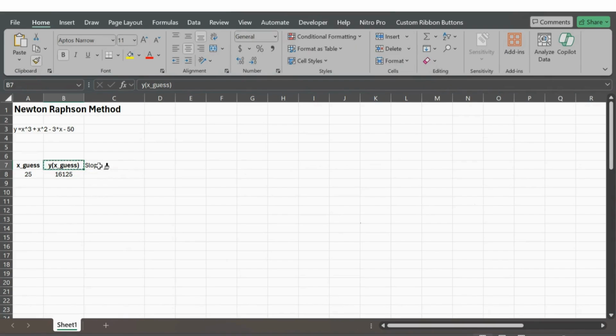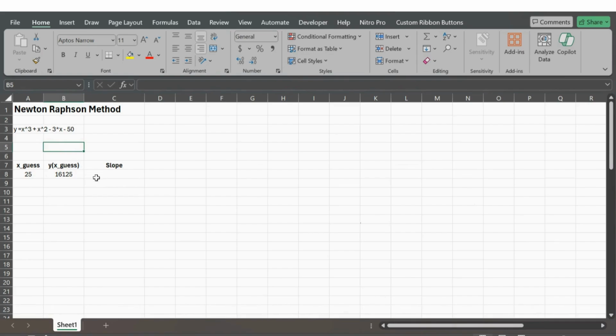One way you can get the slope is you can take the derivative of this equation and plug in your x guess. That would tell you the slope at that point. But a lot of times you're doing Newton-Raphson on some wild equations where it's not easy to take a derivative, okay? So the easier way to take a slope is to manually find what the rise over run is